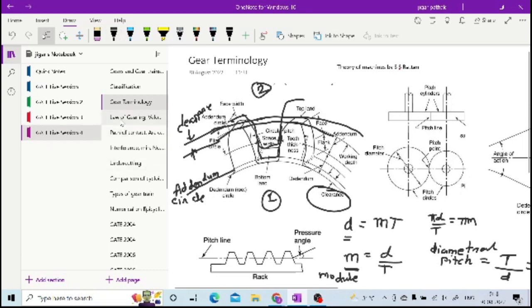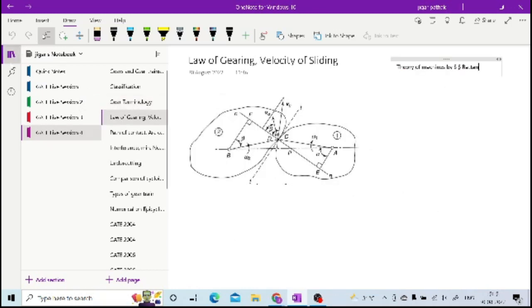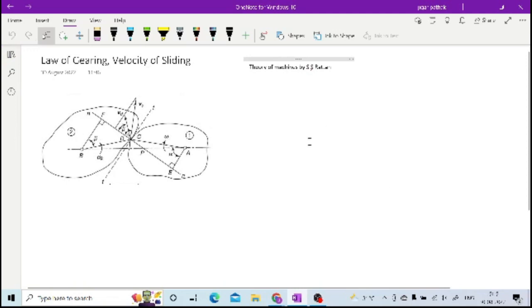So in the radial direction, it is from the clearance circle to the addendum circle of the other gear. Yes, okay. So now if we go to the law of gearing, then what the law of gearing says is